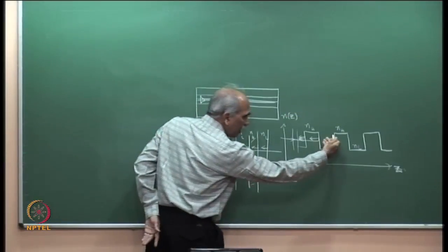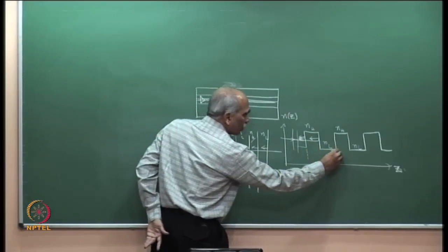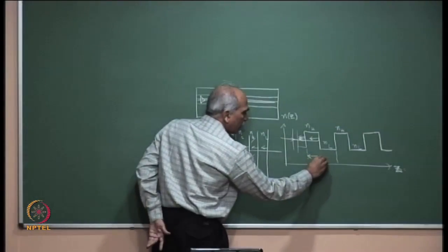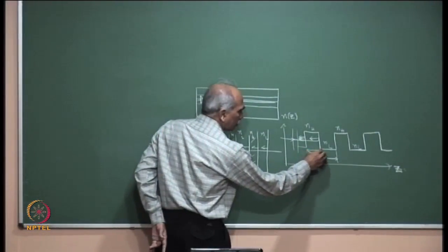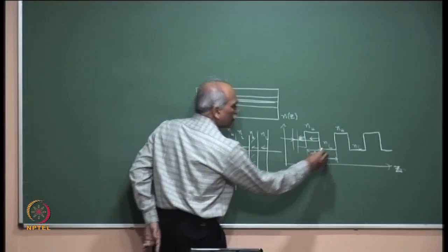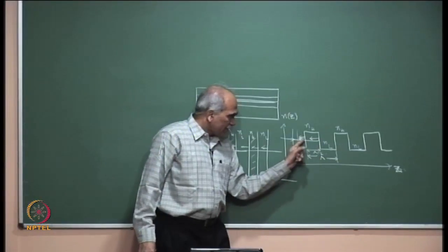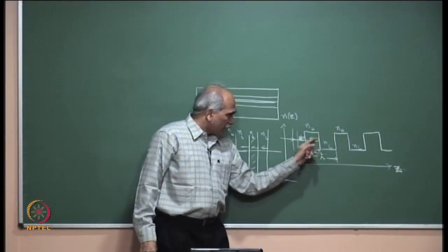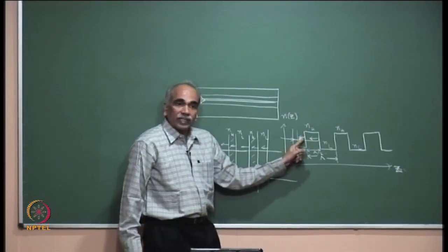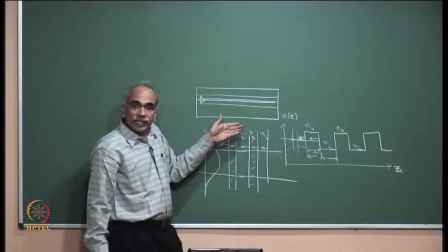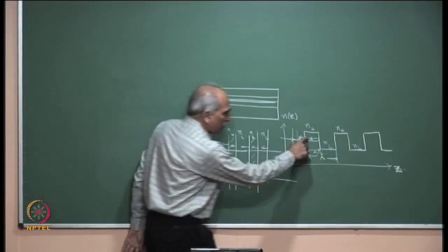Now, the wave will get resonantly reflected if, let me call this wavelength lambda, and this is half the wavelength, lambda by 2. So, this wave which gets reflected and comes back, if it adds in phase with the wave which is reflected here, then there will be coherent addition and you get high reflection for those wavelengths,